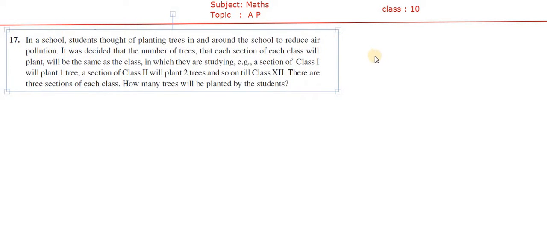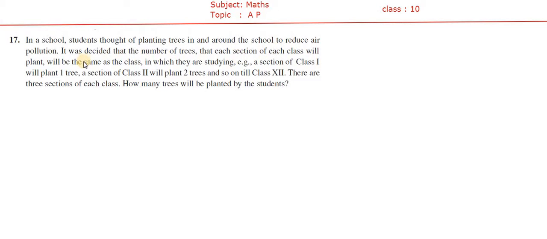So, in a school, students are told to plant trees. Trees they can't plant, right? But they give a wrong statement. Planting plants we can do, but not trees. After that, plants only become trees, right? So the trees given, you can take only in and around the school to